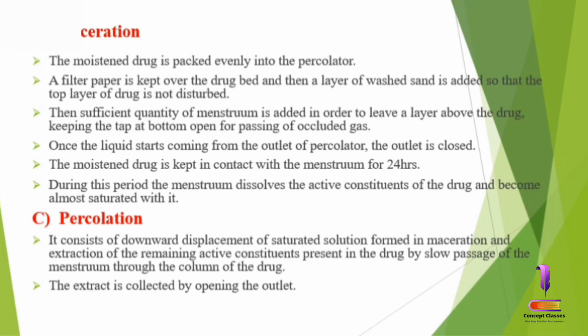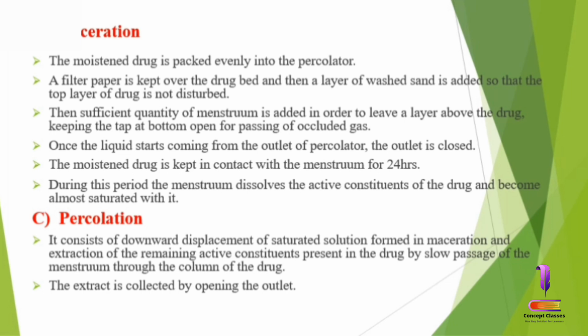So in percolation, the downward displacement of the saturated solution occurs. That means we already have the menstruum and the drug inside the percolator, right? So in 24 hours, that menstruum has already been saturated with the phytoconstituents. So when we open the outlet, now this saturated menstruum will start coming down through the column